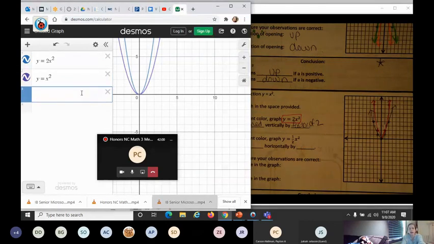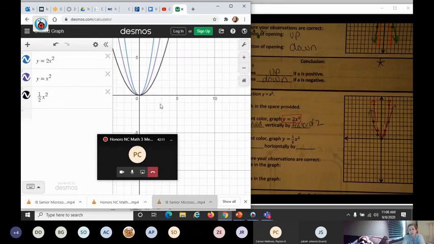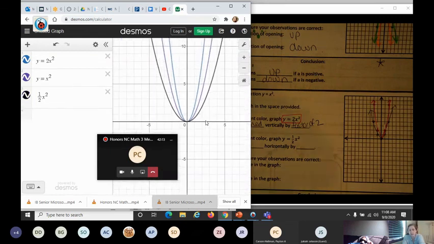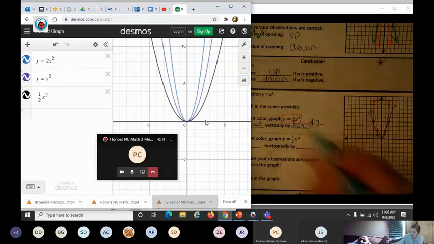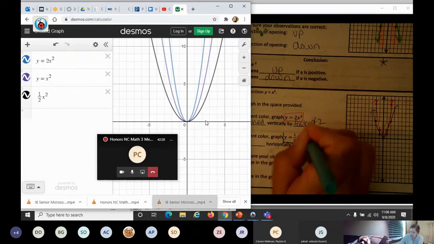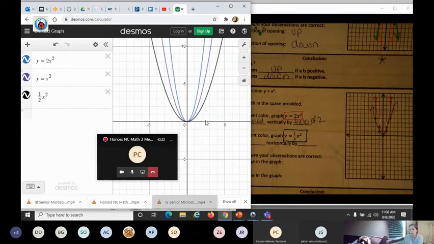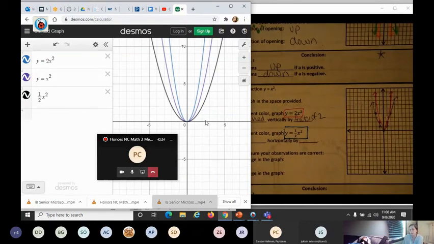All right, and then it asks you to do another function, but this time instead of a 2, it asks you to put a half. I'm going to put 1/2 x squared into Desmos. So this is this black function, and we can see that this black function is a lot fatter than either of the other ones. Okay, so we need to figure out how to graph that on our graph. So what this one is going to do